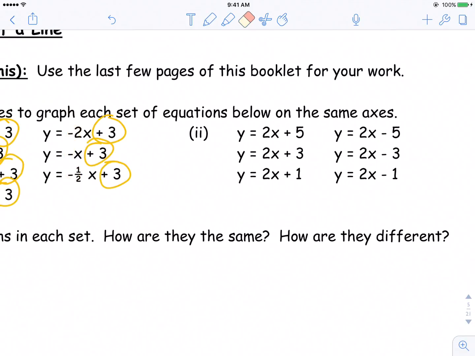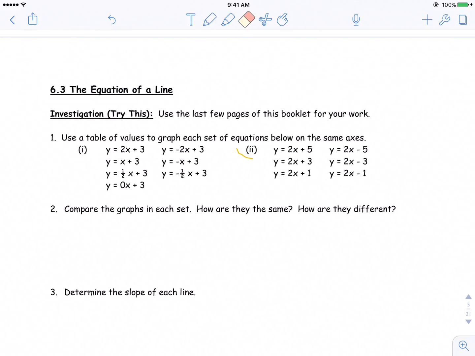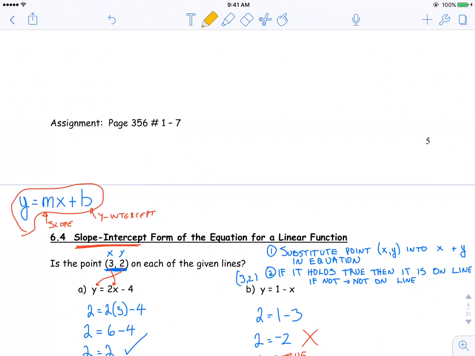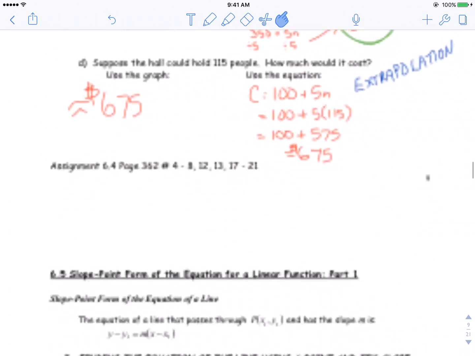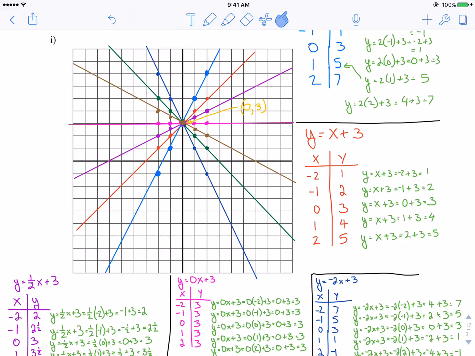So you need to be able to look at the information that you graphed. You need to be able to infer some information. But bottom line, what should you have gotten out of this exercise? Well, after doing the questions that are noted at the bottom, what should you have gotten out of this exercise? So I'm going to go way back down to my graphs again, just because I've got way more room to work with down there. And I'll tell you what you should have gotten. Looking at our first set of graphs here, all these fancy lines that go in a number of different directions, you should have been able to